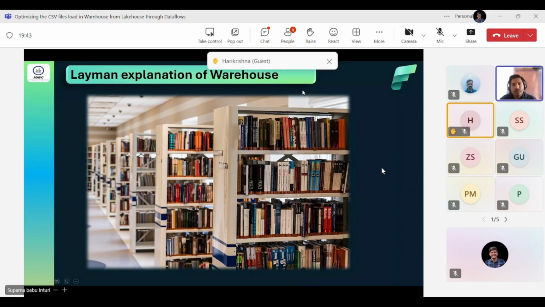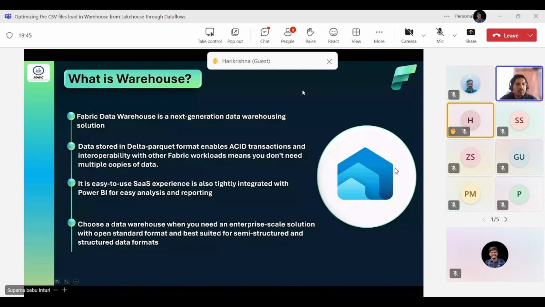Let's jump into the lakehouse. So in the Fabric warehouse, this is about theory. Fabric will support ACID transactions and Fabric workloads, and it's an easy-to-use experience platform, tightly integrated with Power BI for easy analysis and reporting. Okay, so